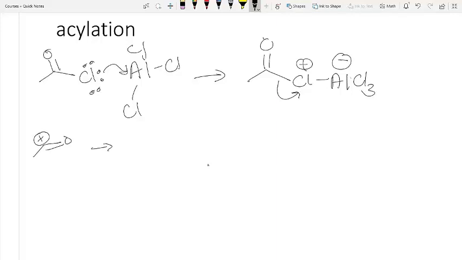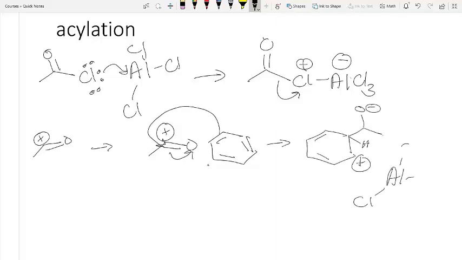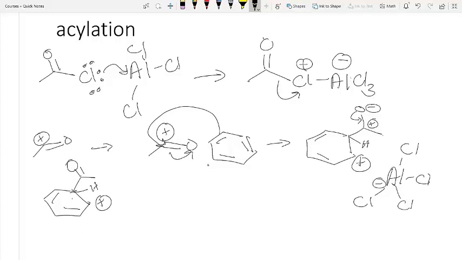There is some resonance stabilization that can happen in this process, but this cation, being very reactive, will then undergo electrophilic aromatic substitution, just like what we saw before. And again, we repeat the same process. So it attacks the carbonyl, this comes up. So this is resonance stabilized, so in essence that can go back down. So you would take your base again,